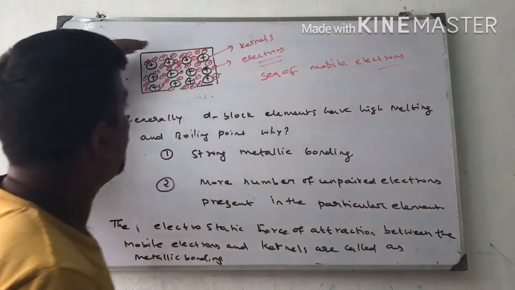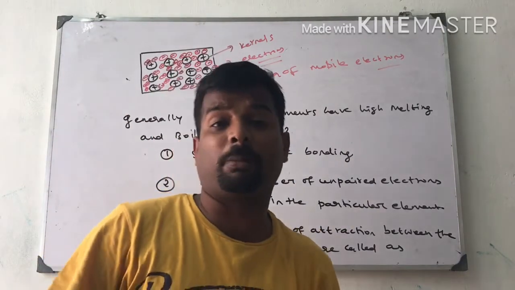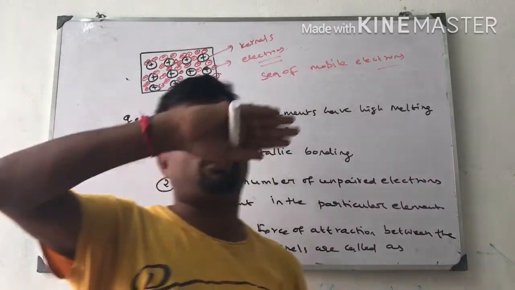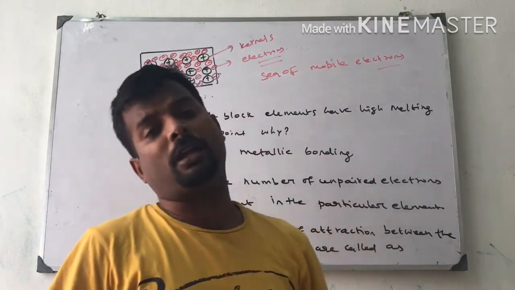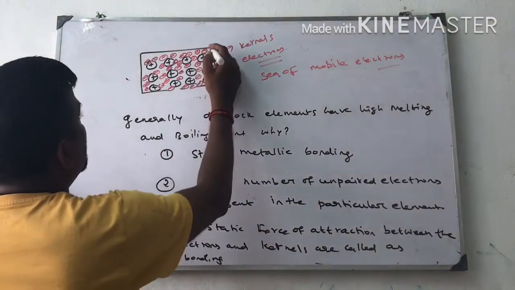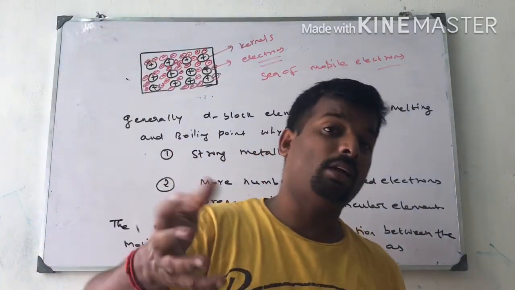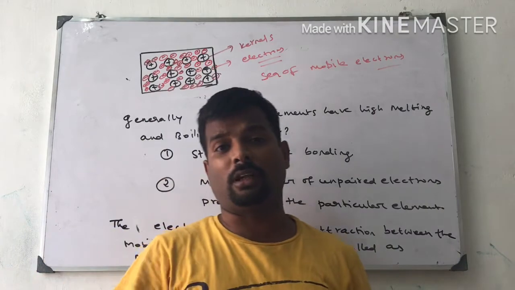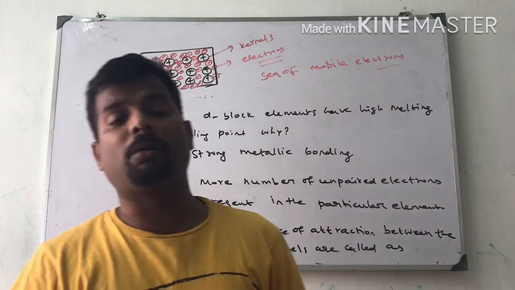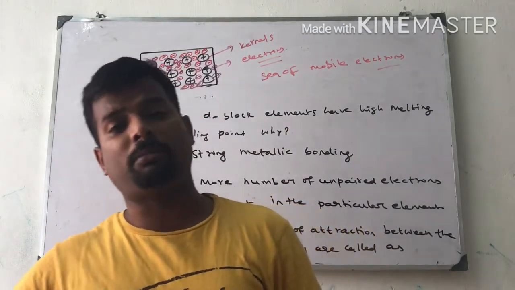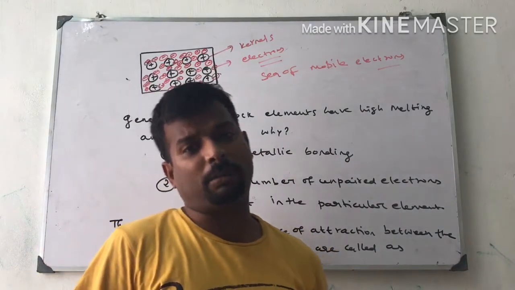The extra electron tends to move here and there. When it moves, it is attracted by the neighboring proton, the neighboring nucleus. One electron moving from one proton to another area crosses the metal and is attracted by the other. The extra electrons are donated. Other than the extra electron, some electrons are present in the outermost shell. Those electrons are attracted by the proton of the neighboring atom. This gives strong bondage. This type of bond is called metallic bonding.